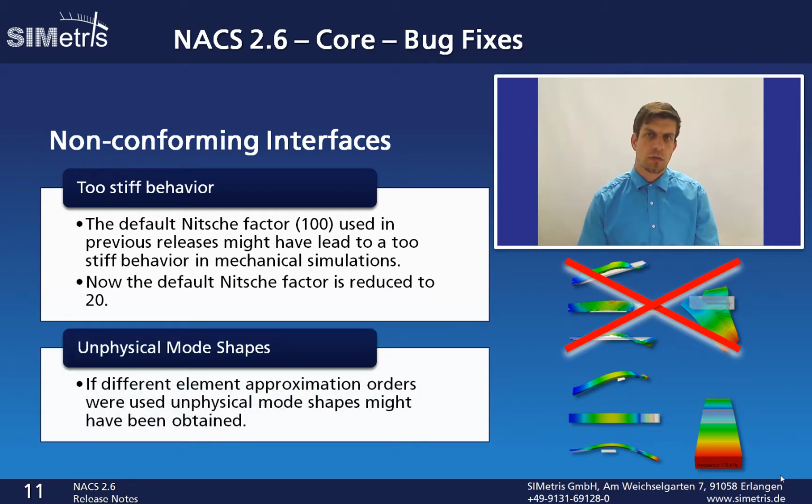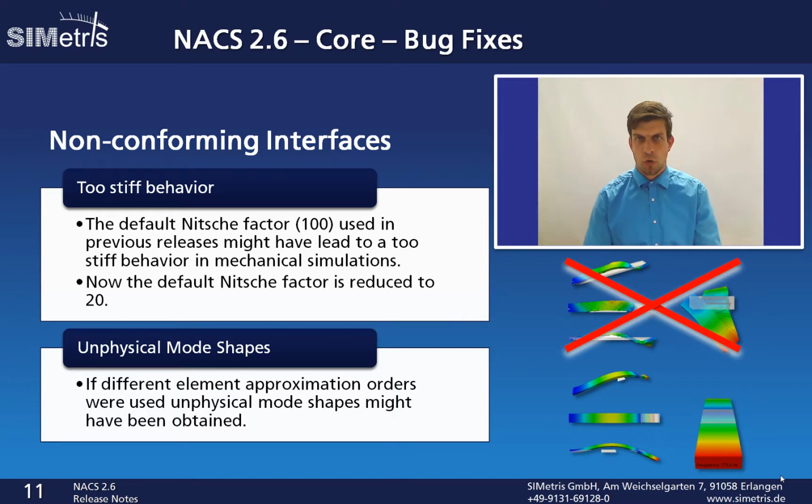Another thing concerning non-conforming interfaces is that if you have used different approximation orders, as depicted here on the lower right side, it's a single supported cantilever which on the top side consists of two small cantilevers that stick together at a common interface, and one of those cantilevers used approximation order 1, the other one approximation order 2. And here it might have occurred that some unphysical mode shapes might have been seen or spotted